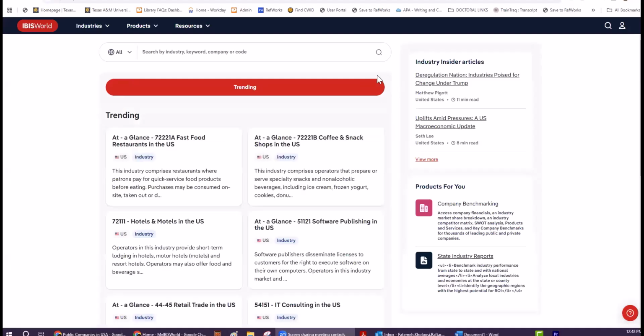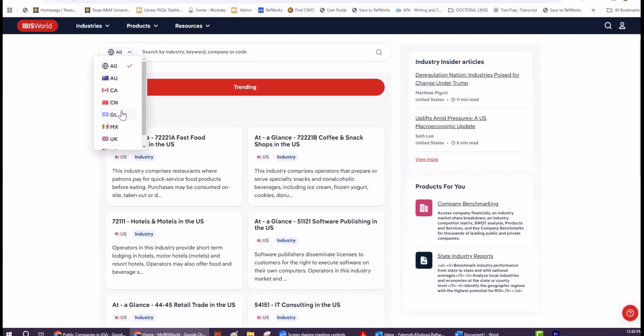Thank you. So this is IBISWorld, and as I said, this database is good for getting information on industries. You may type the industry of your research or the name of a company here. It doesn't give you company profiles, but it gives you the industry that the company is in. Then you may go to all and filter by these countries.